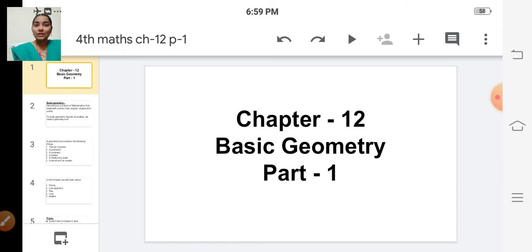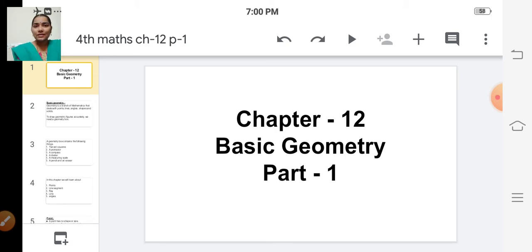What comes in your mind when you heard the word geometry? So geometry box, yes. So what are all the things we'll be having in the geometry box? So we will have a compass, a pencil, eraser, a protractor, isn't it? And a set of squares, divider. So all the things we will be having in the geometry box, isn't it?